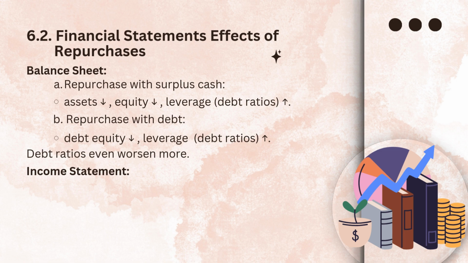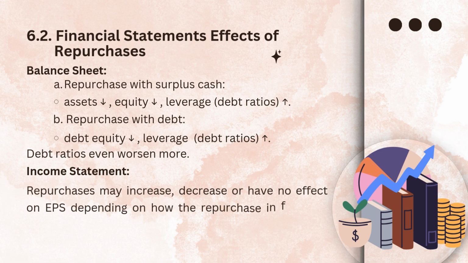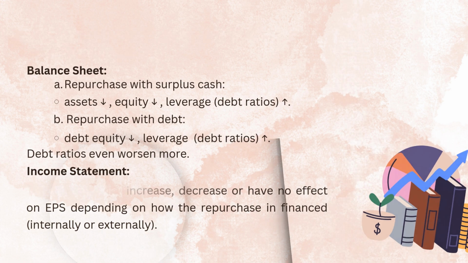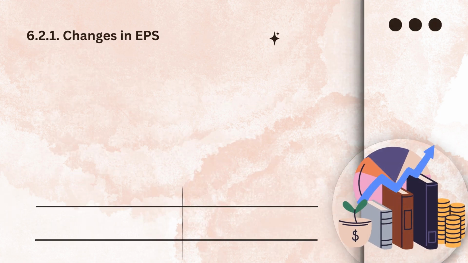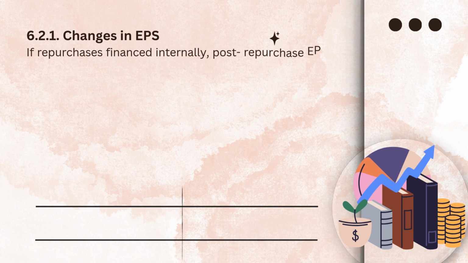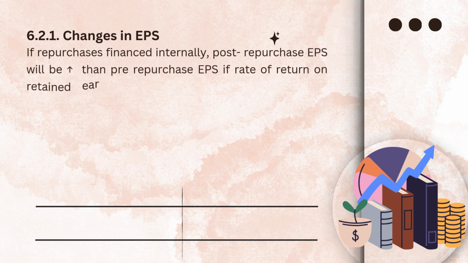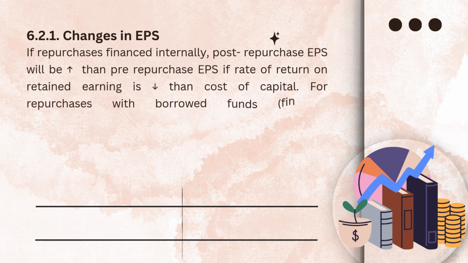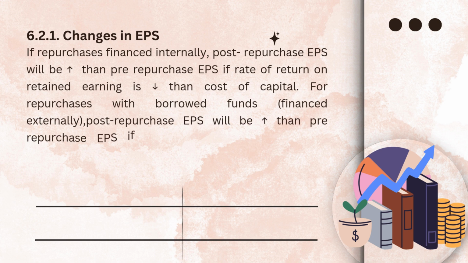Income statement. Repurchases may increase, decrease, or have no effect on EPS depending on how the repurchase is financed, internally or externally. 6.2.1 Changes in EPS. If the repurchase is financed internally, post-repurchase EPS will be higher than pre-repurchase EPS if the rate of return on retained earnings is lower than the cost of capital. For repurchases with borrowed funds, financed externally, post-repurchase EPS will be higher than pre-repurchase EPS if the earnings yield is greater than the